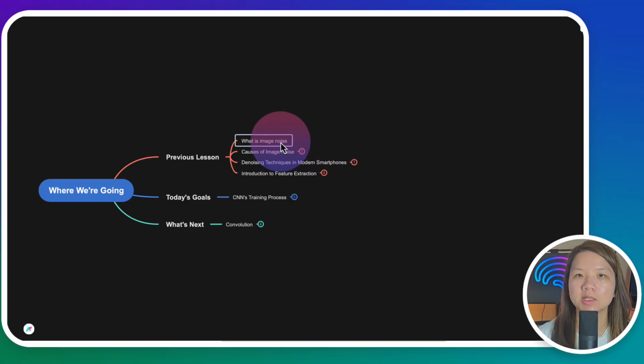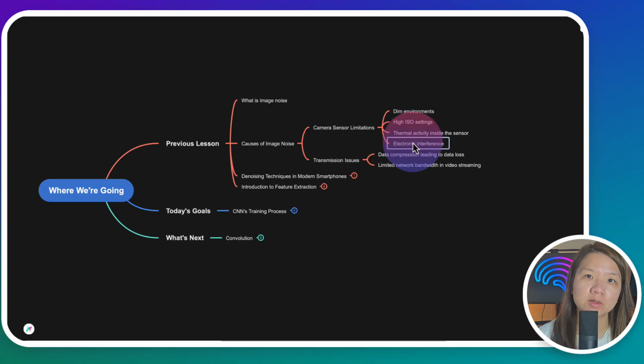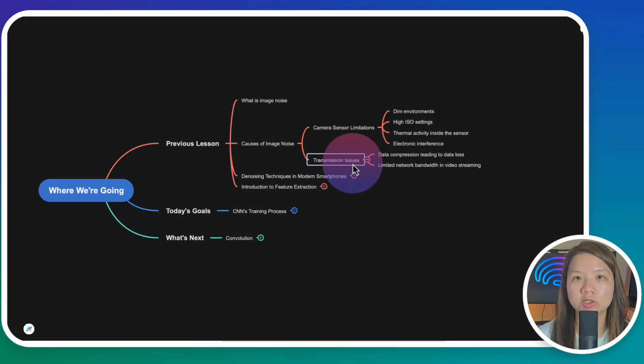In the previous lessons, we explored the following concepts. We defined image noise as unwanted static that interferes with the clarity of a photo, making it look grainy, speckled, or blurry. We explored the causes of image noise. They can come from camera sensor limitations, such as dim environments, high ISO settings, thermal activities inside the sensor, or electronic interference. It could also come from transmission issues, such as data compression resulting in data loss, or limited network